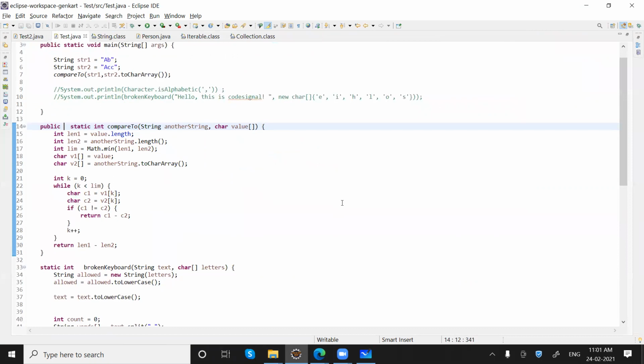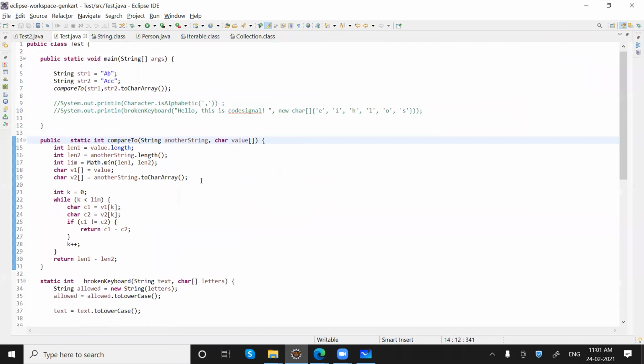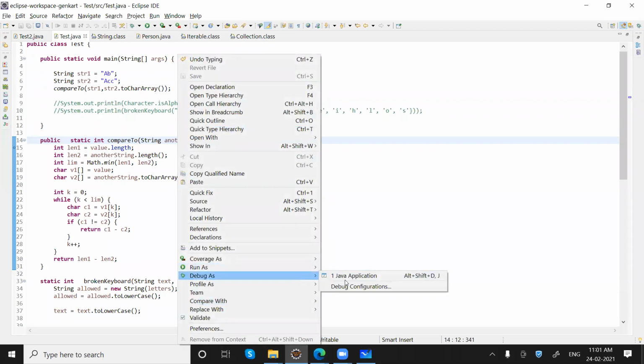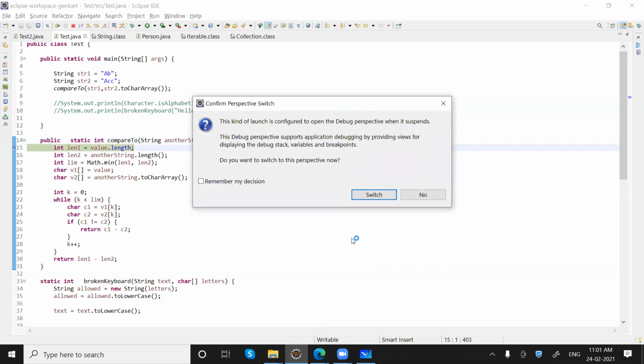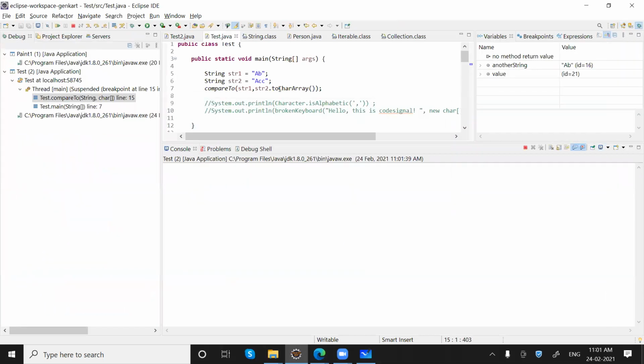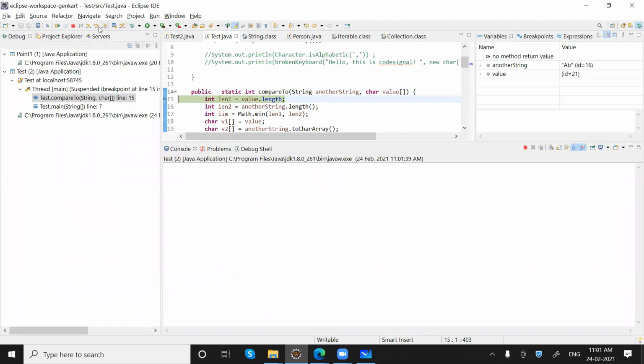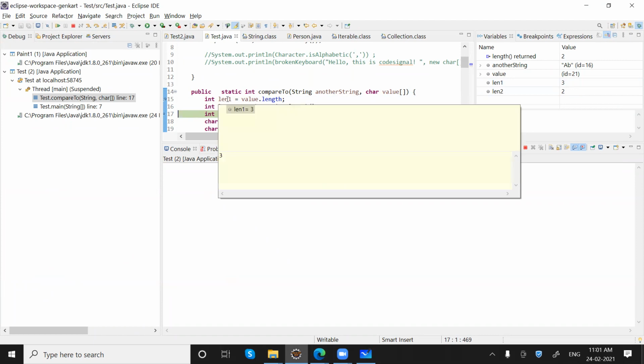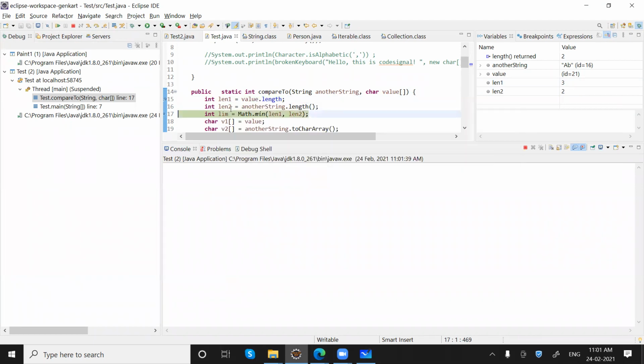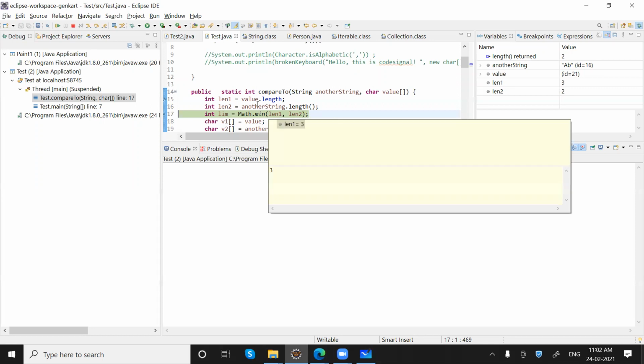What is the issue now? So let me debug it. We are passing two strings into this, which are AB and the second one is ACC. Now when we get the length, the first one is 2 and the second one is 3.